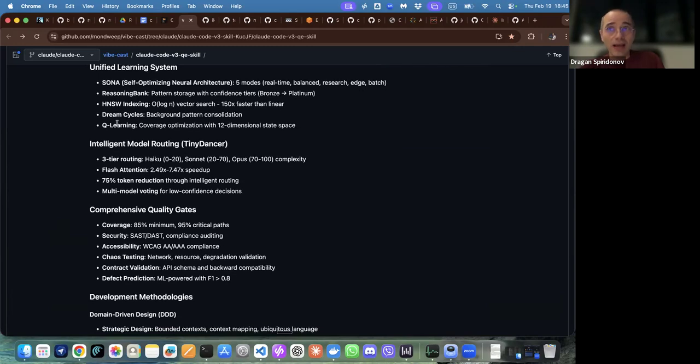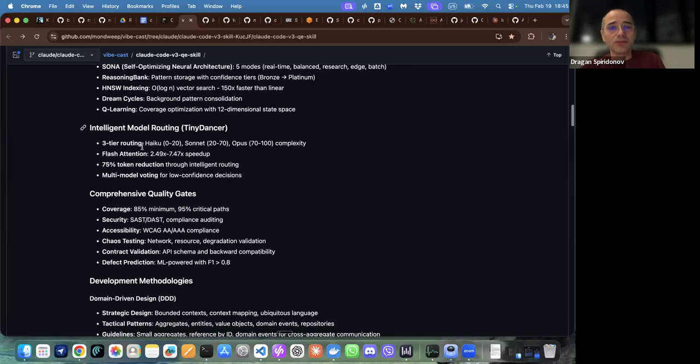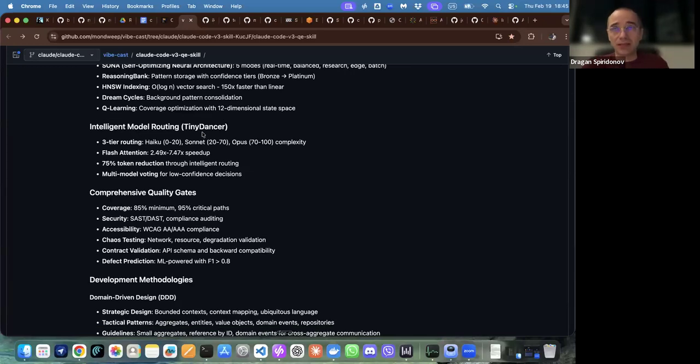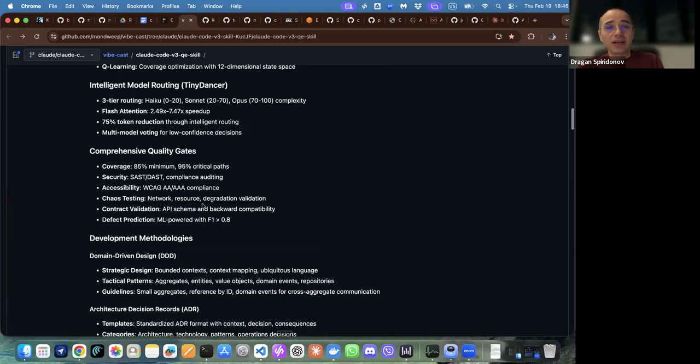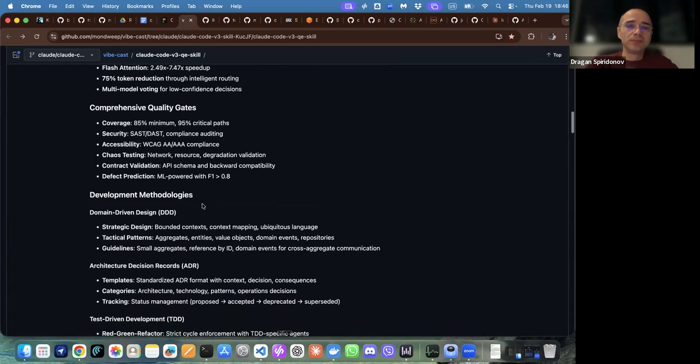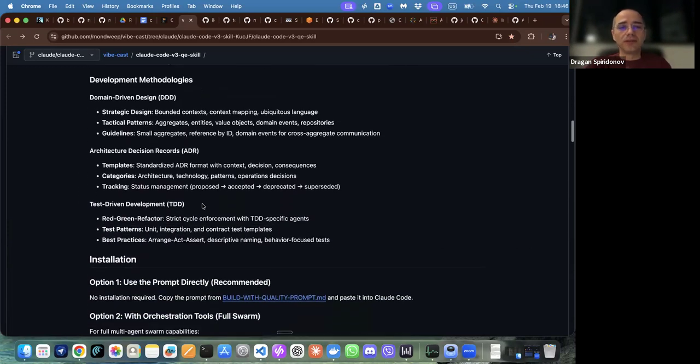These are overlapping things between our platforms. Intelligent model routing, that's something I took from him. Then the quality gate approach from the agentic fleet and so on.